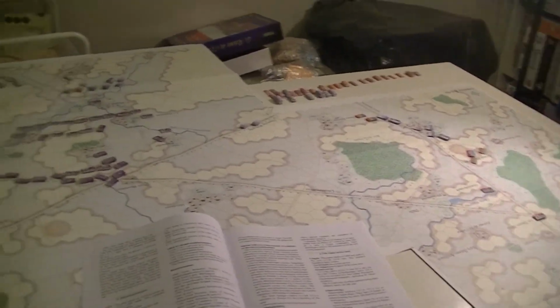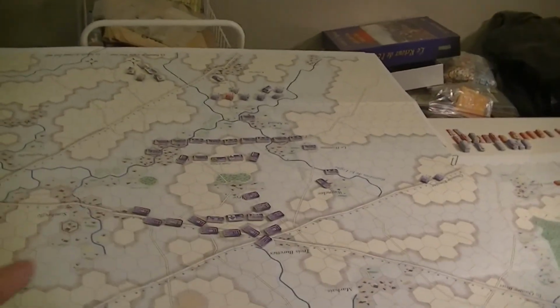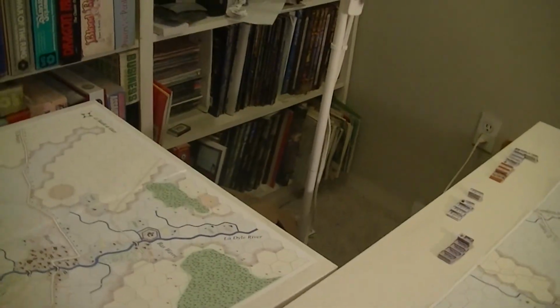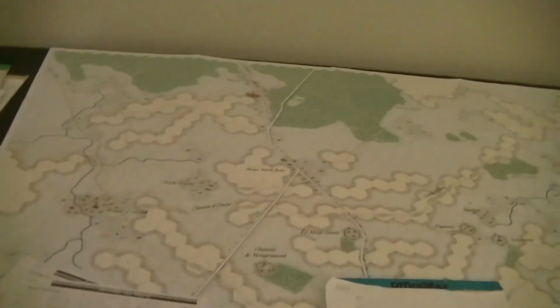And there might be strong reasons to ignore Wavre completely. There's not really a strong reason for the Prussian army to head in this direction, except the 4th Corps is over here, and you kind of don't want to abandon them. They're fairly strong and can be pretty potent. Anyway,